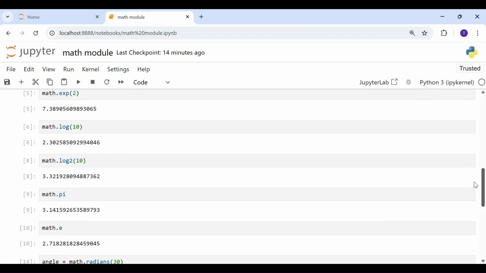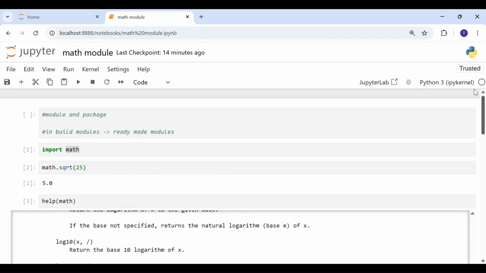So yeah, these are some of the functions which are available to us in the math module. So the takeaway here should be that these modules exist, first of all. So when we are working on code, we should have that in mind that maybe there's a module out there which can do your work much more easily, and you don't have to reinvent everything, write the code for everything out there, and you can just go ahead and start using these modules.